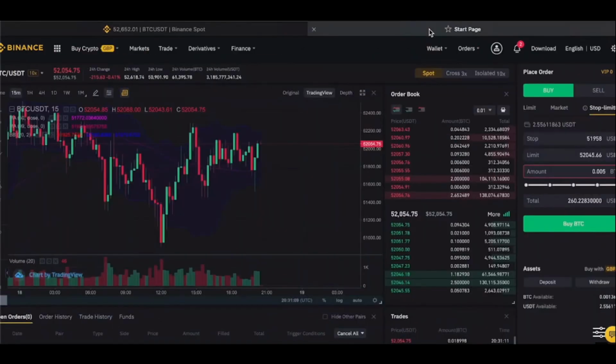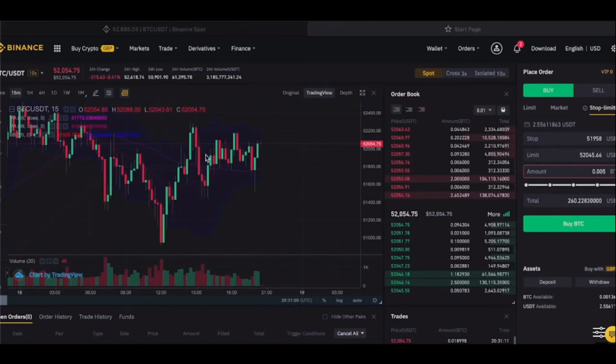This can be really anything you want, but I just took some other highs for the trading period. So you can see there's a couple of resistance points around this chart, so I put the take profit here. As the price moves on you can see what happens again. The price starts moving sideways. There was some sideways trade during this 15 minute period, so I wasn't quite sure if this one was going to work, but you can see there are more buyers coming and pushing the price up, and it keeps continuing on that upward move. My take profit price is 52,109, so we're actually quite near it right now, but you